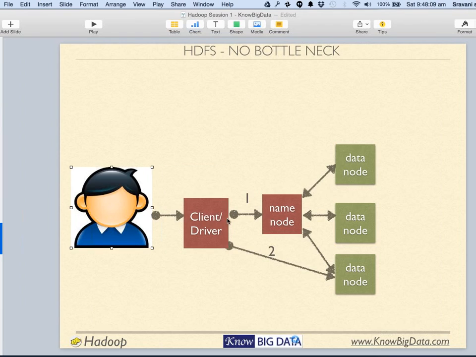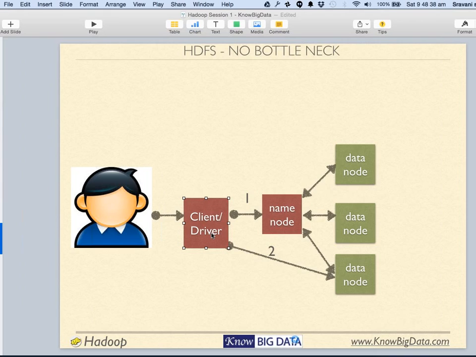The end user uses something called a driver, like a JDBC driver or any other software interface. That interface goes to HDFS or the name node and says, can you tell me where my file is located? Once the name node responds that your file is located on server 1, server 2, and server 3, it says, please go and get it from there.